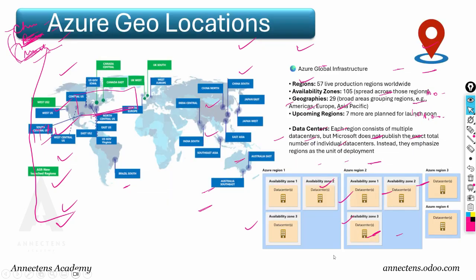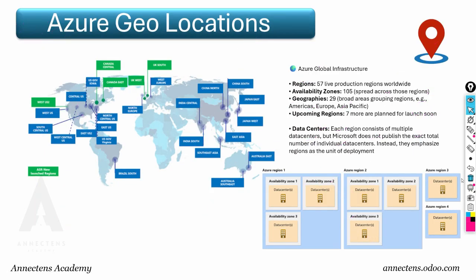let's understand the regions. Okay. So what I had known is that there are 60 plus regions. Currently there are 57 live production regions worldwide which are available. Okay. And these regions are at different locations. You can see that as a flag. And Azure has